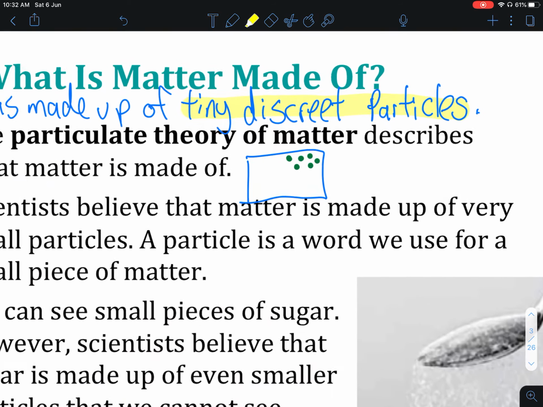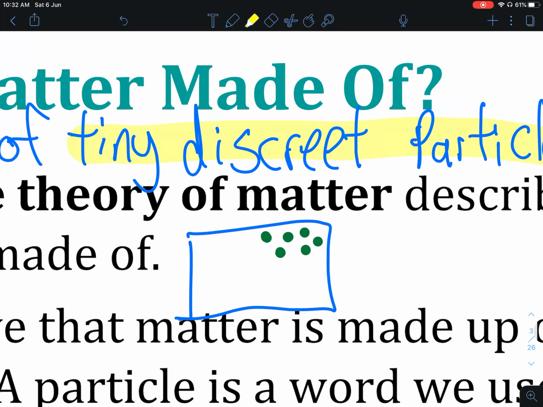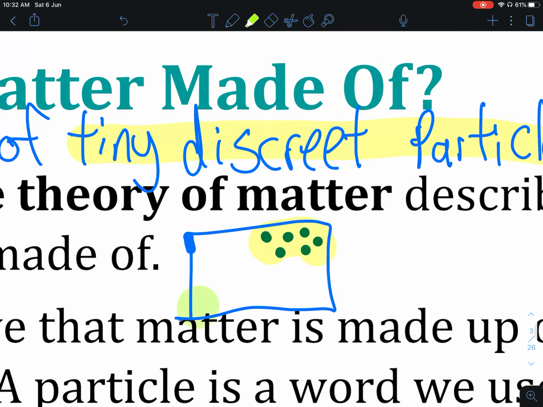To illustrate this point, let's look at this particular box here in the middle, where the green dots represent the particles, and the box represents the space in which they reside. If you can see the area that is highlighted in yellow, that's where there is a high concentration of particles. And if you look at the other side of the box, the green area, you realize that there is empty space and a low concentration of particles. So these particles will start to move around randomly,